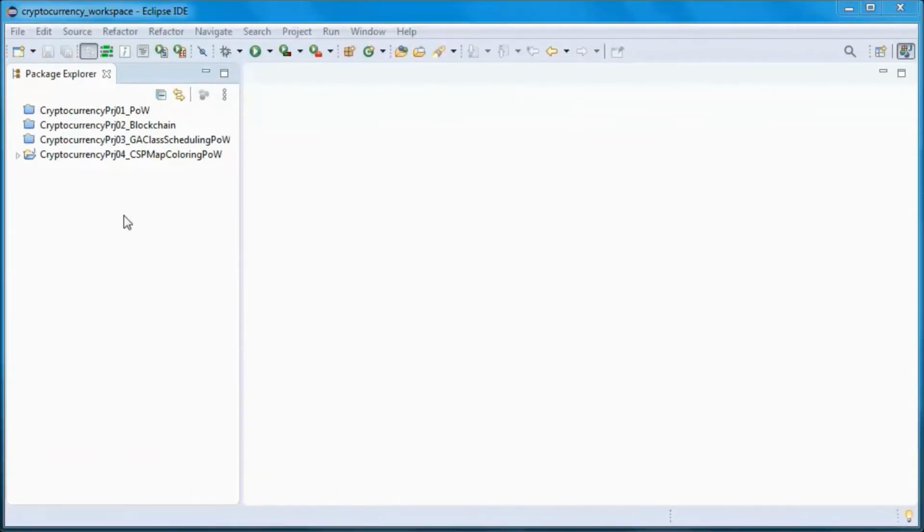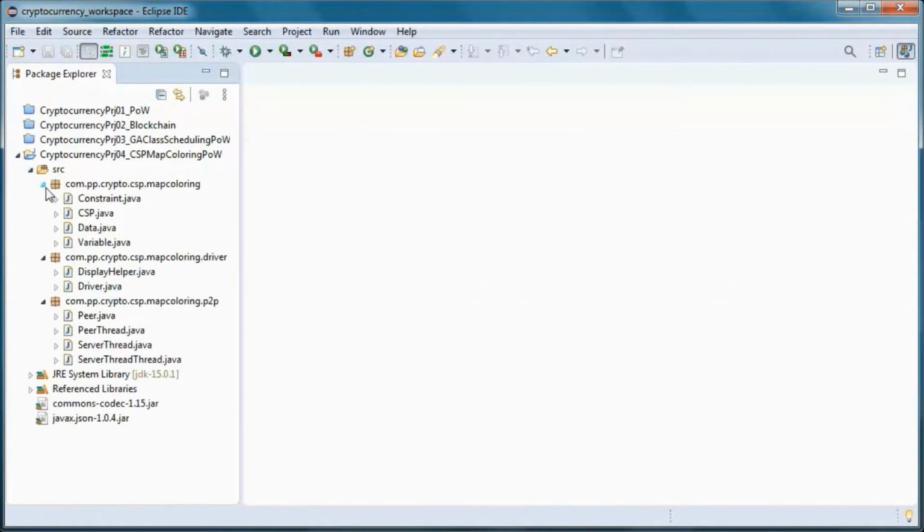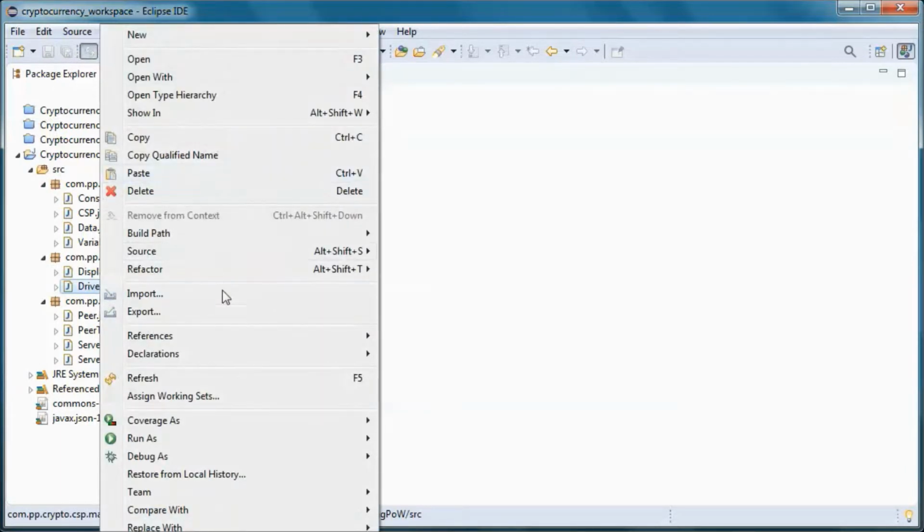This is a pre-built version of the application. So we'll have six peers.